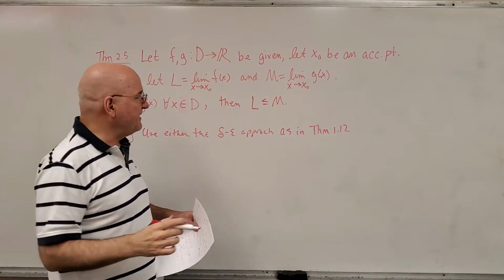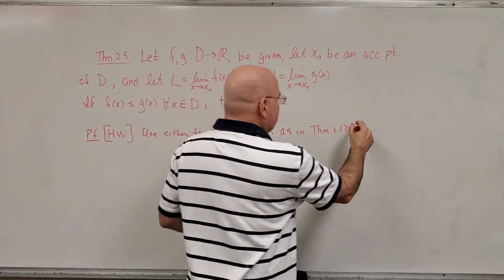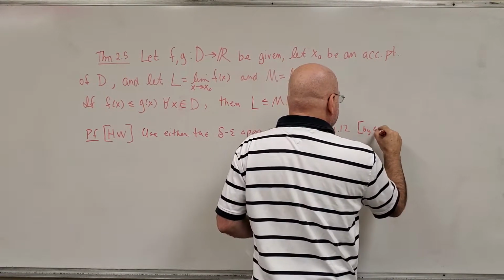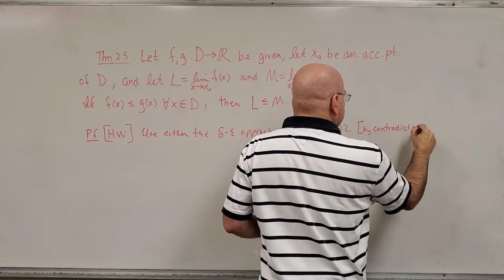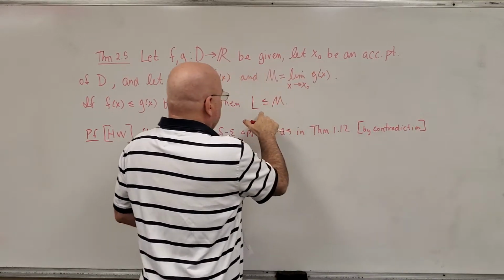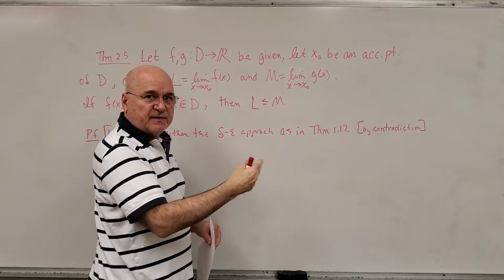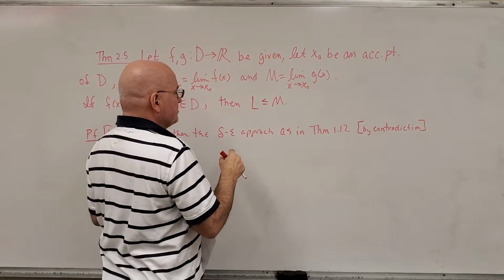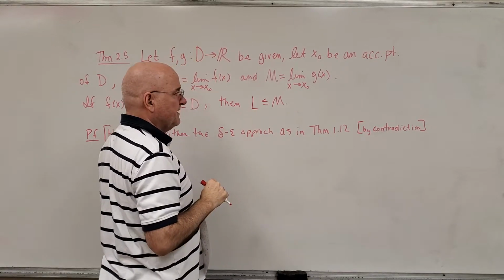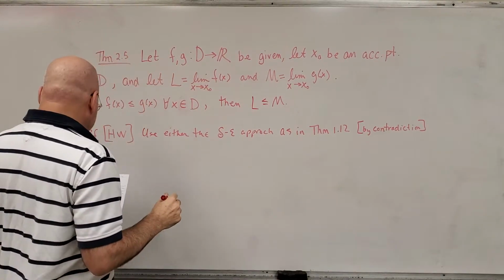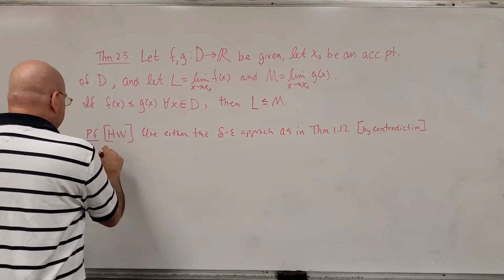If you don't remember that, we did it by contradiction. We supposed to the contrary, for the sake of reaching a contradiction, we said, oh, suppose that m is less than L, and we reached a contradiction. So that's one approach, or